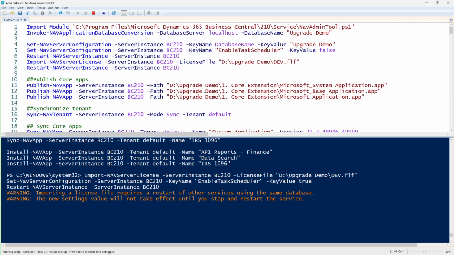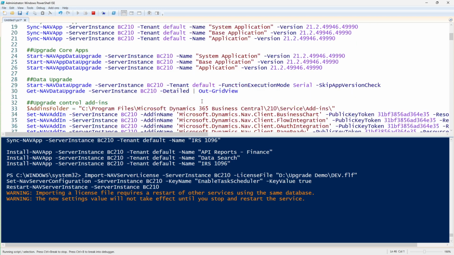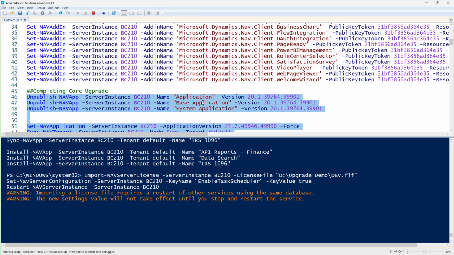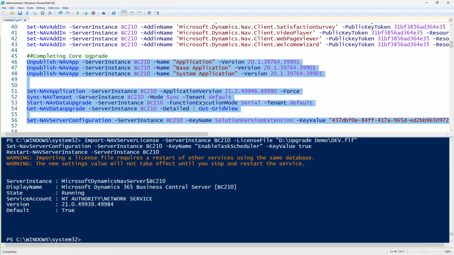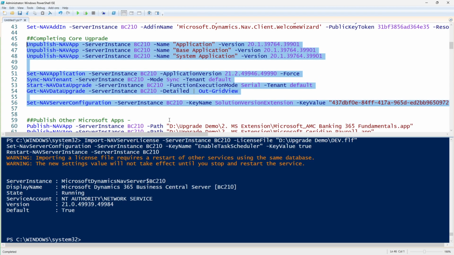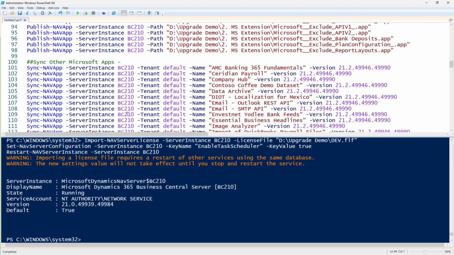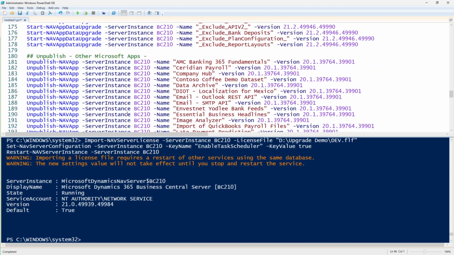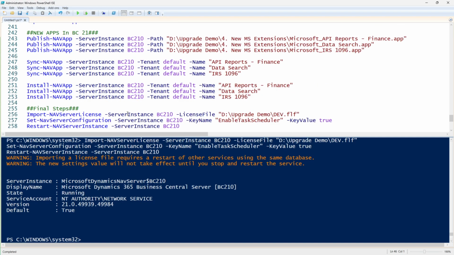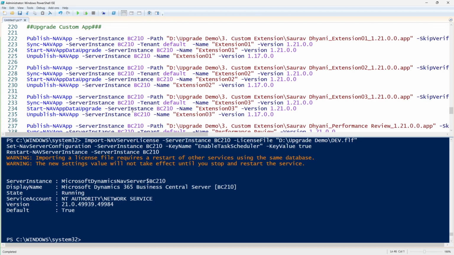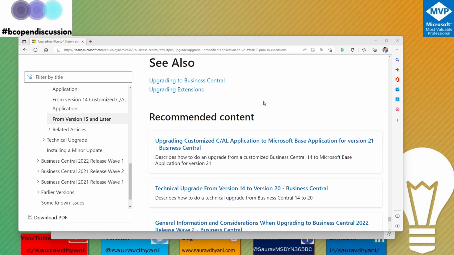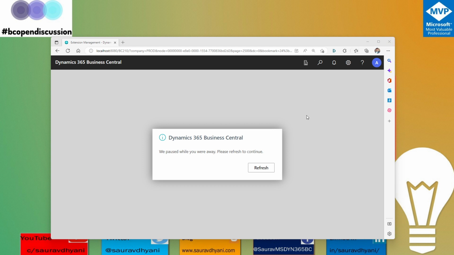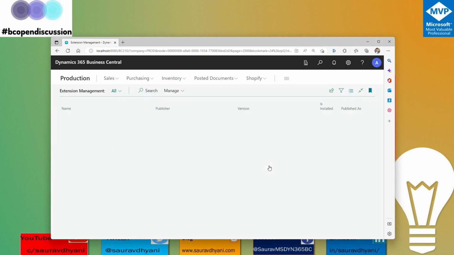If you miss any of the steps that we talked about in the beginning, where you didn't pay attention to the article or to the compatibility metrics, all that majorly should break at this point, till this point. Rest all is dependent on how many extensions your customers are using, and that's how easy it is to do an upgrade from a Business Central 15 version to the Business Central 21